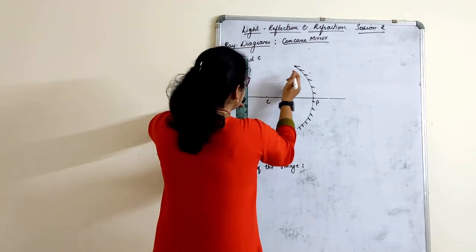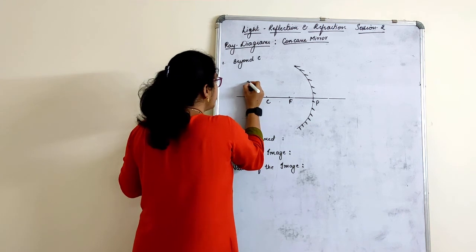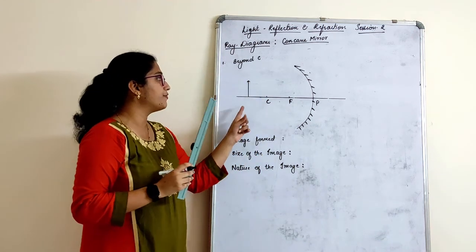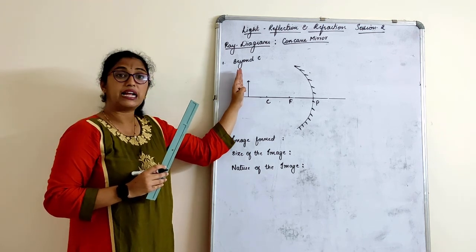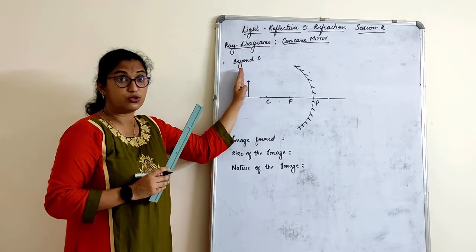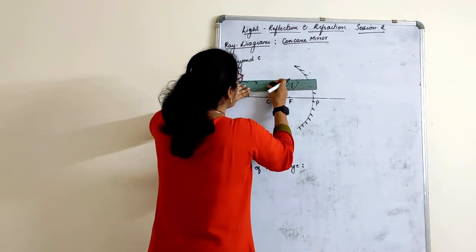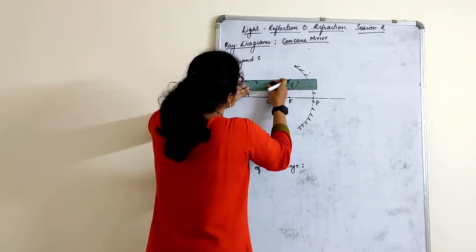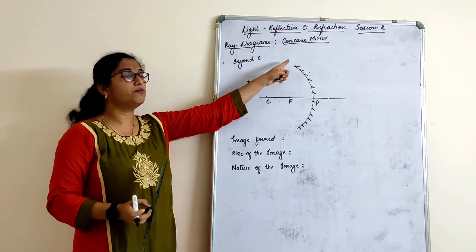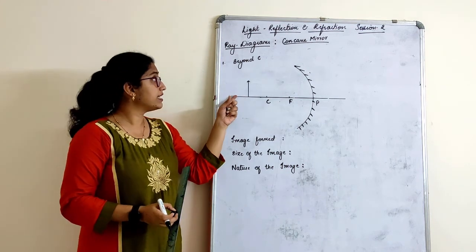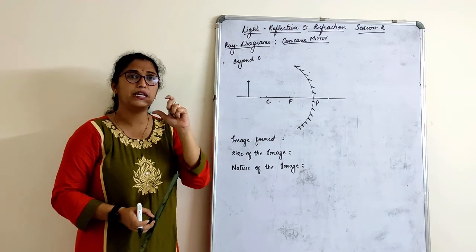See here. Now for example, this is a size. I will consider this as my size. Whenever you draw an object, you have to represent it like this with the arrow mark. Why? This shows that the object is standing erect and straight. The arrow mark should be represented. Now see how tall it is. It is almost half, not exactly half, but not too big as the mirror. Object size should be not too small, not too big, accurately.